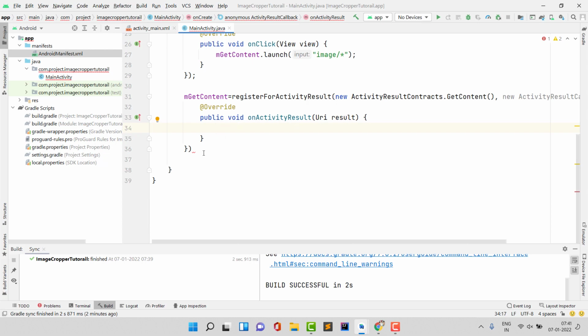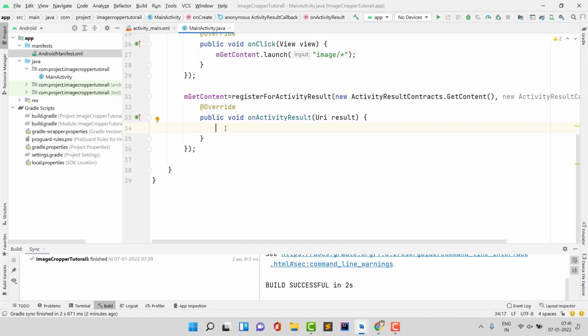Inside this result we have a URI. As I already told you, if you want to work with the image cropper library, then you should have the URI of the image. But suppose you try to pick the image from the camera, then at that time you don't have a URI, you have a bitmap.